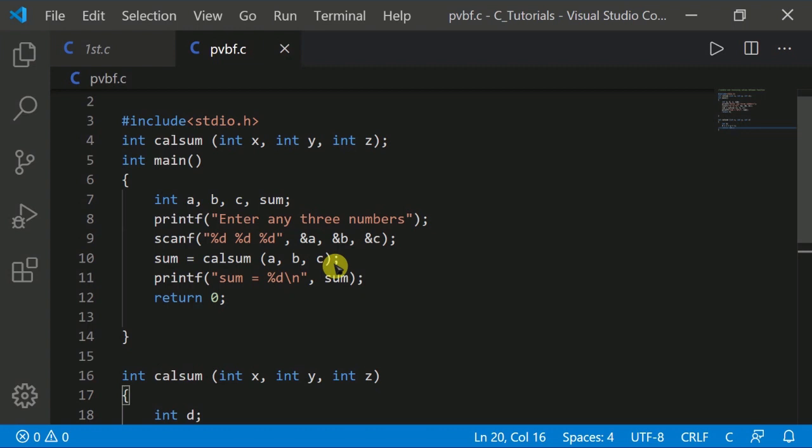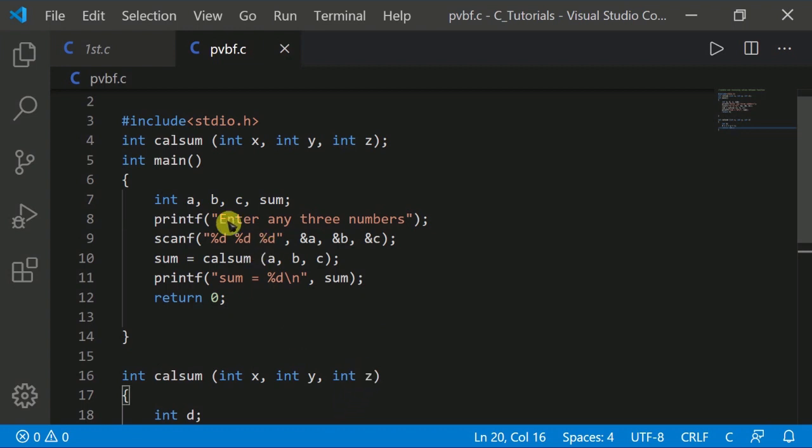In the calsum function these values get collected in three variables x, y and z, meaning int x, int y and int z.